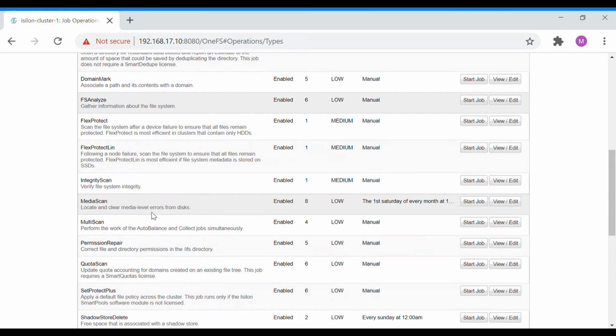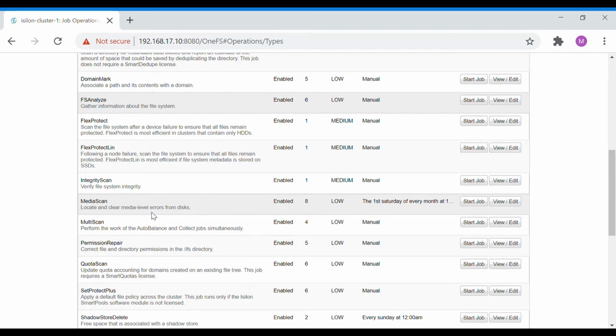Coming down, we have the integrity scan. This is a job that is used to run and check the system integrity. The collect phase identifies everything that is valid in the file system, so nothing is changed, and the job inspects the process itself to catch invalid file system elements.